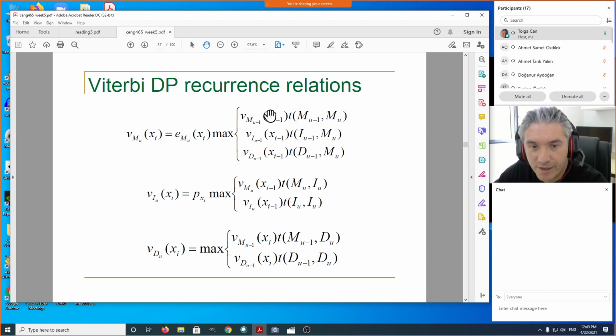relation. So you have to multiply whatever probabilities you have for these best paths, these three possible paths, the states that can precede mu. You also multiply it with the transition from that state to mu. So these transition probabilities should be multiplied, and this recurrence relation basically tells you how you fill a table,